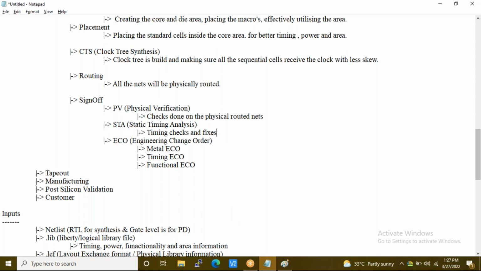That is why we call it ECO. Similarly, PV checks are done and its fixes are metal ECOs. And functional ECO: if you want to implement more functionality in that design, you call it a functional ECO. Clear? Yes, sir.